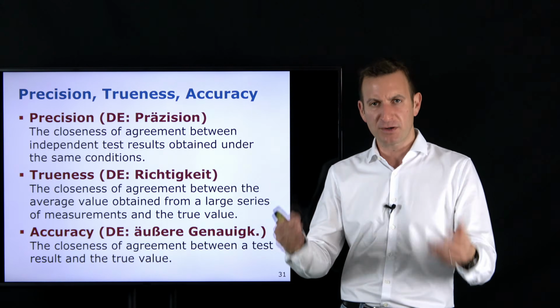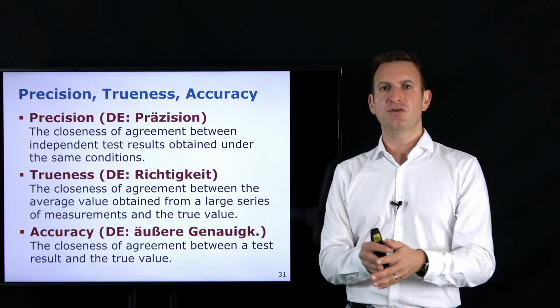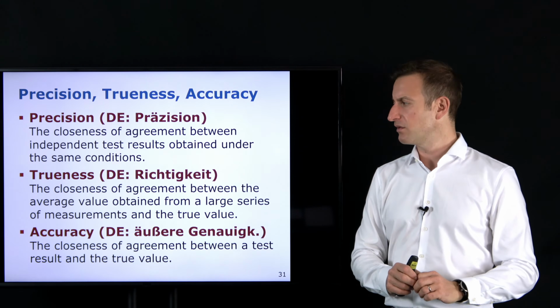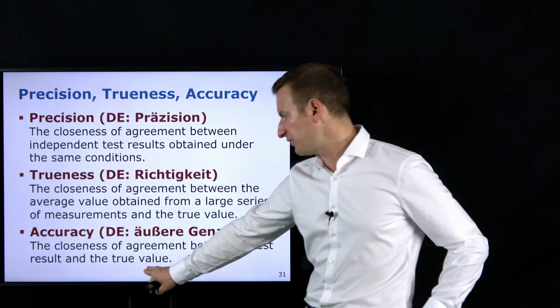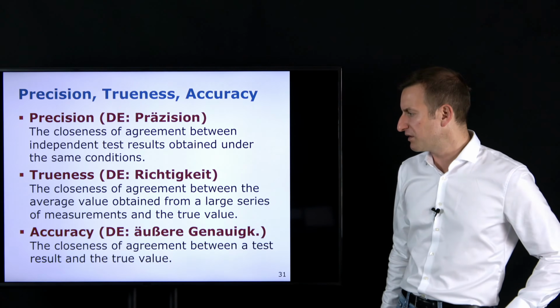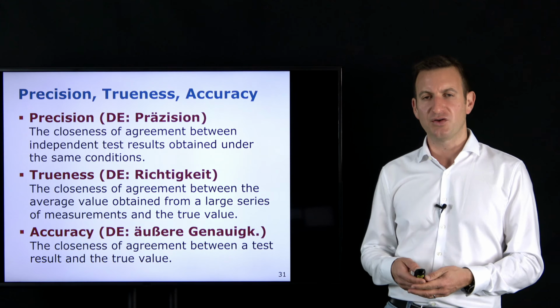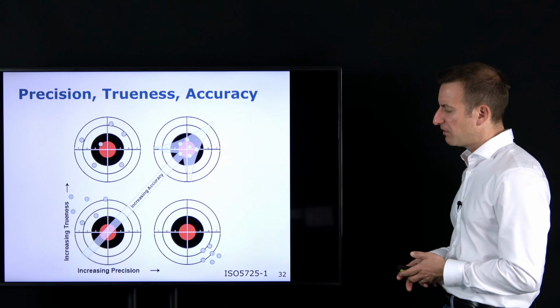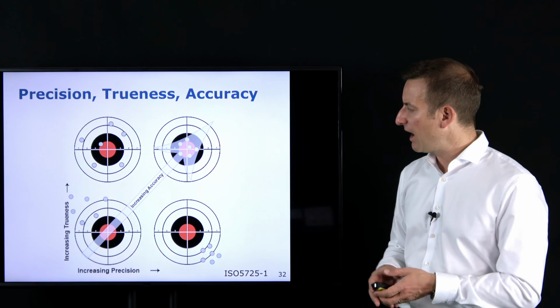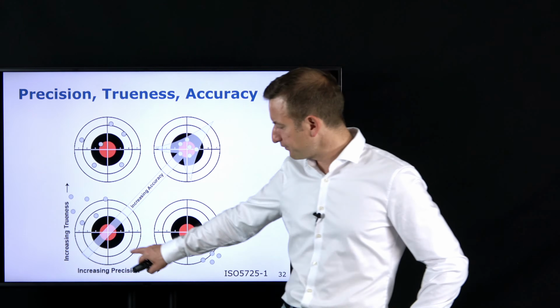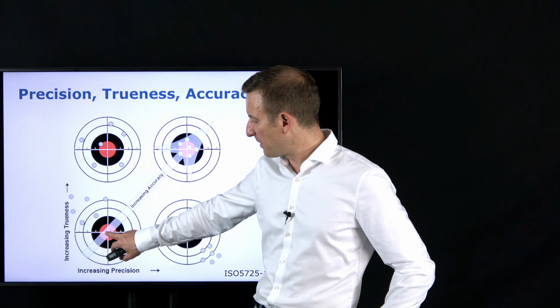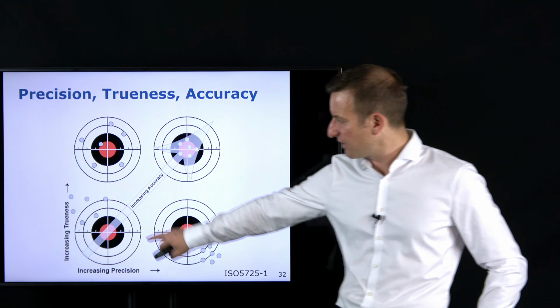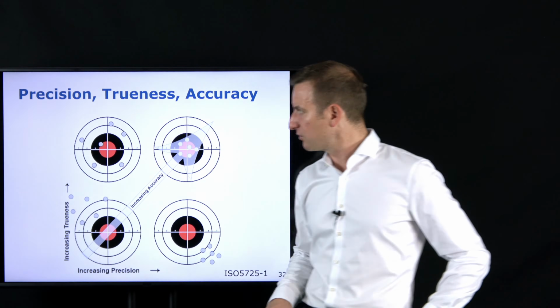So if I'm repeating an experiment over and over again and compute the mean of that, how close is this to the mean? And then the accuracy is the closeness of the agreement between the test result and my true value. So what does it mean? We can quite nicely illustrate that with this plot over here, which stems from one of those ISO definitions. So if this is where my true result actually is, and those dots over here are the results